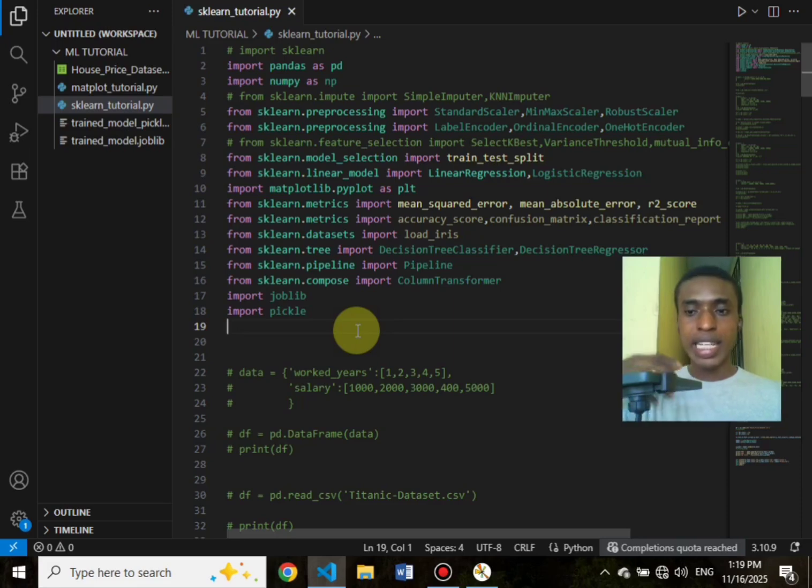All these things that I did up to this point were at the beginner level. To be sincere with you, everything we did here is just the starting point of Sklearn. Like I said earlier, Sklearn is quite broad, and as you go on, it gets more and more complex. But if you understand these bases that we already have, it's going to make things easier for you to understand. But if you neglect some of these basic things,